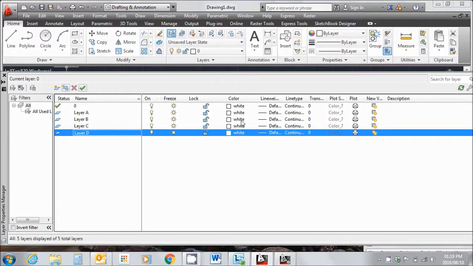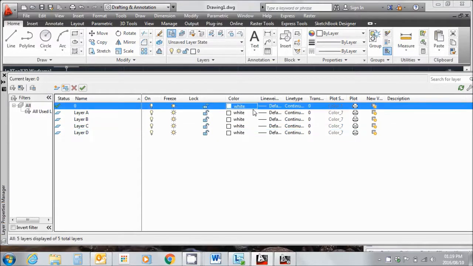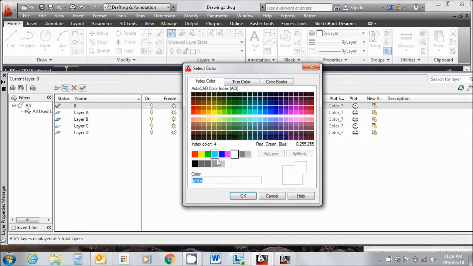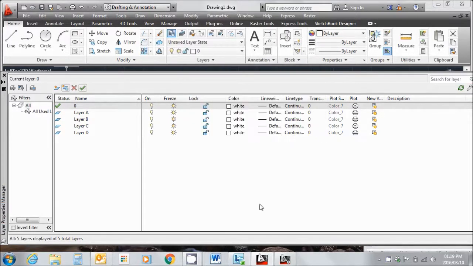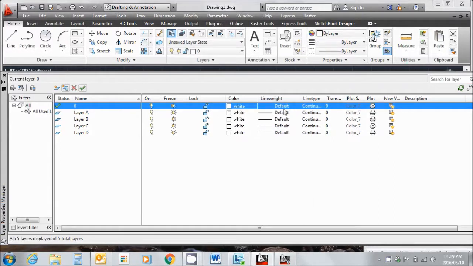To the right of that we have color options, and the color options are quite interesting because you can choose a color or you can choose it to be by layer. So everything in that layer will be a certain color, for example. Line weights, as you know, are the different kinds of line styles that I can use. Line types,